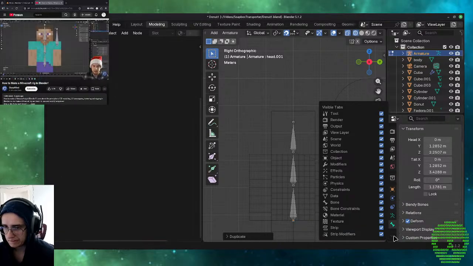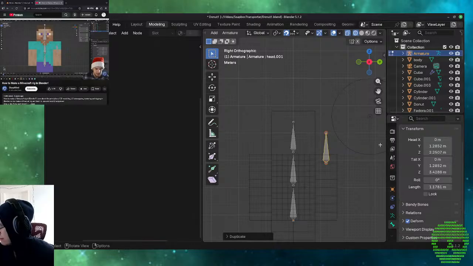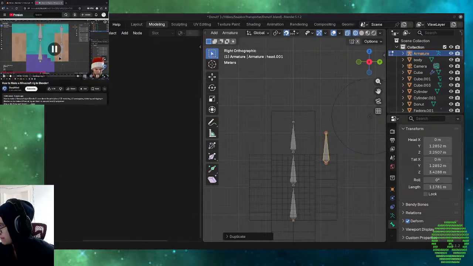Left arm. I'm gonna grab the head and I'm gonna move it down to the center. Then I'm gonna extrude another one and bring